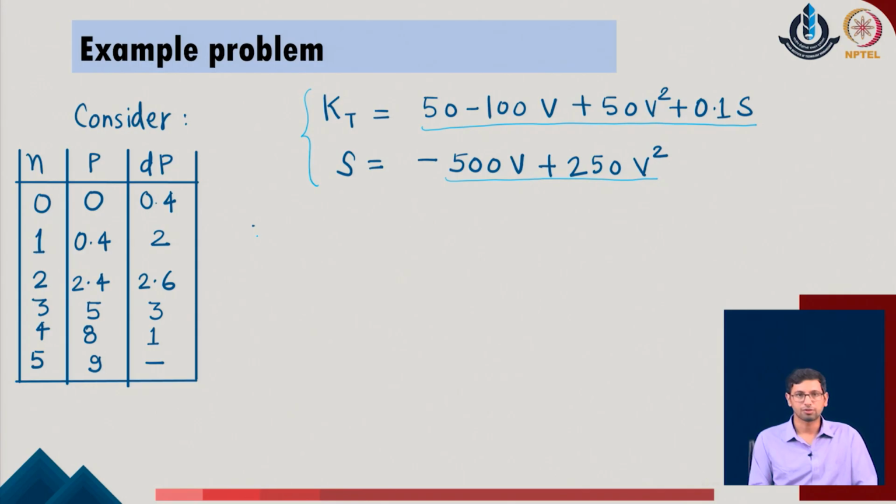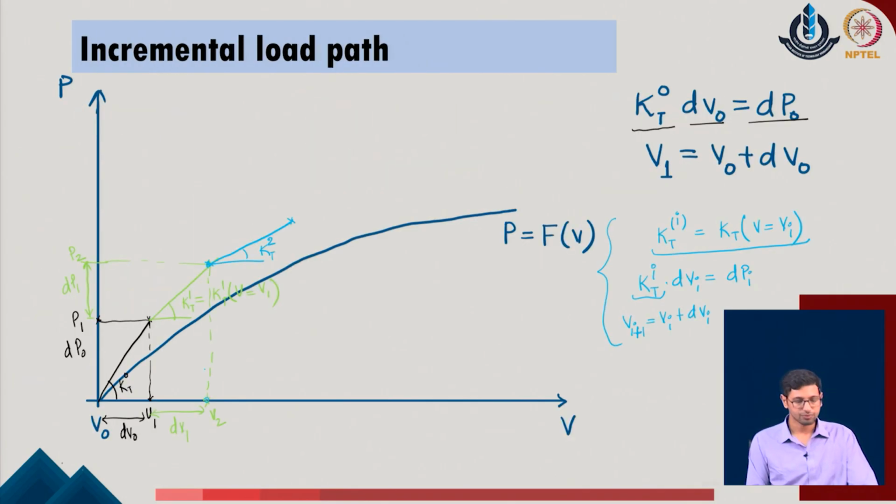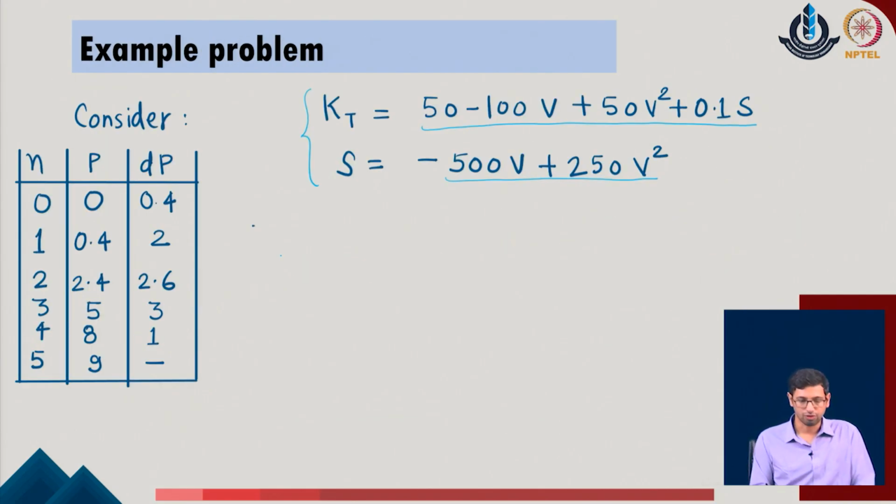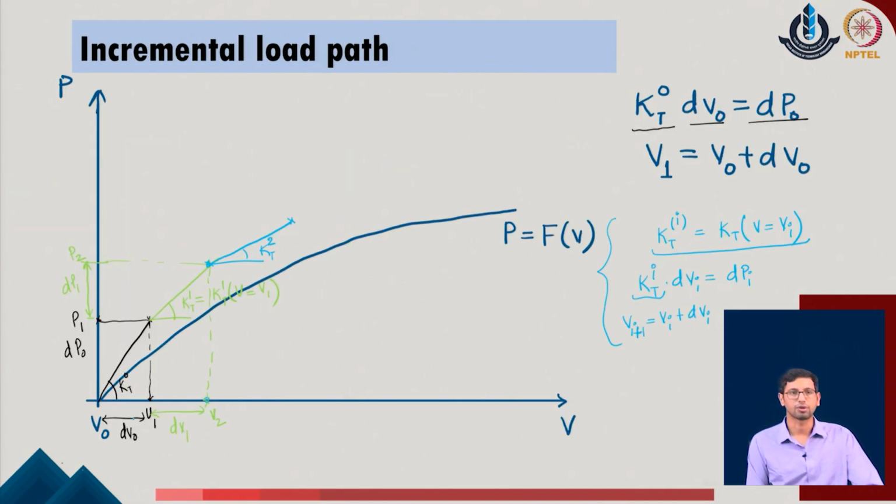So, first we start with the 0th step, where we start with the initial displacement value being 0, and corresponding to that we define the tangent stiffness of the given system. So, I call it the 0th step. The idea is that we are starting with the first value, which is with the 0 parameter. That is why we call it the 0th step, and as we go with the first value, we will go with the first step.